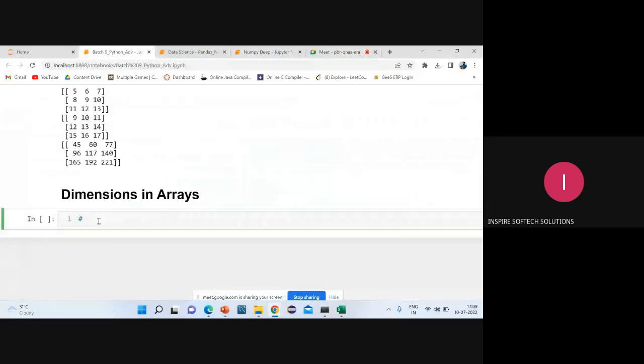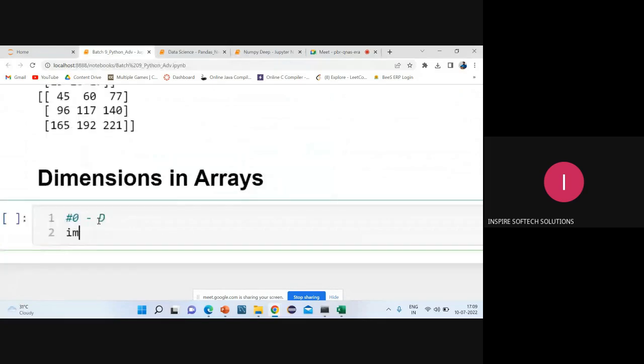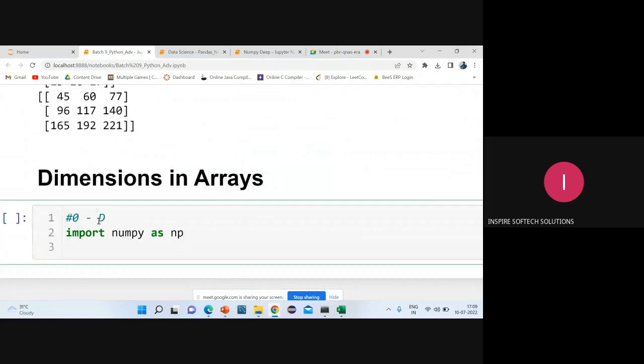So now suppose you want to go with a zero dimension. Import numpy as np. Now I have to go with a 0D. How can I go with a 0D? 1D means one bracket is there, so I can go with the one dimensional. Two brackets means I can go with the 2D. So how to understand the 0D? Have you learned something called 0D? If you go with C also, we don't have anything like zero. We start with 1D only.